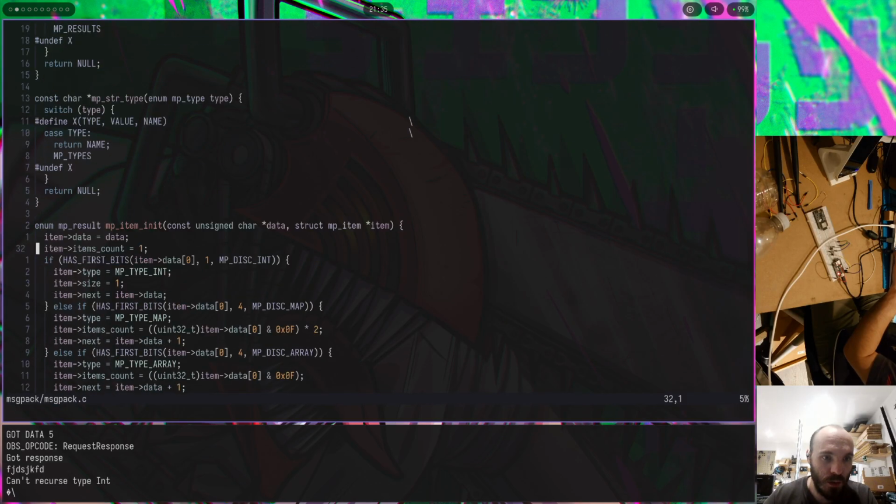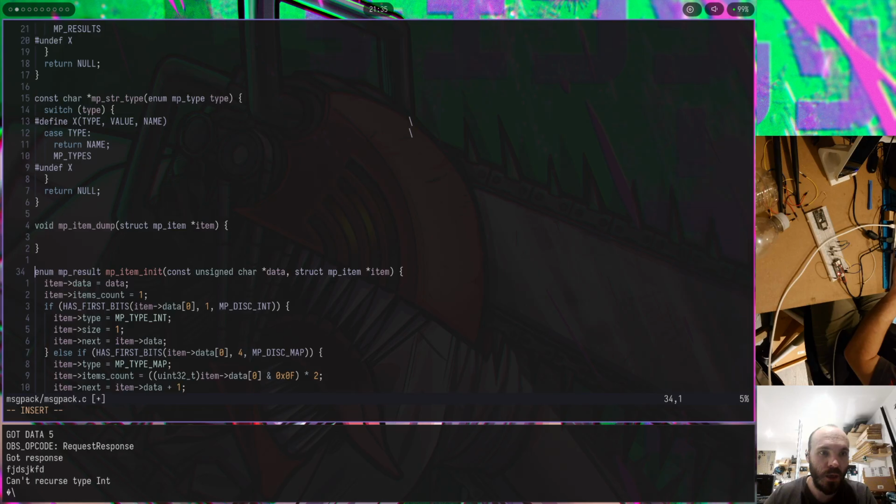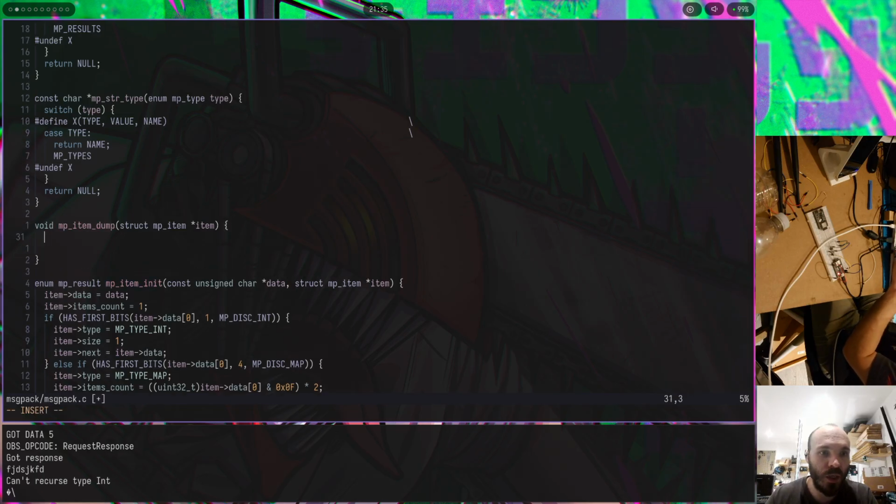Right, put it right there, and let's get started. Now what I just need to do is to get the type. So item type, great. If item type is MP type int,